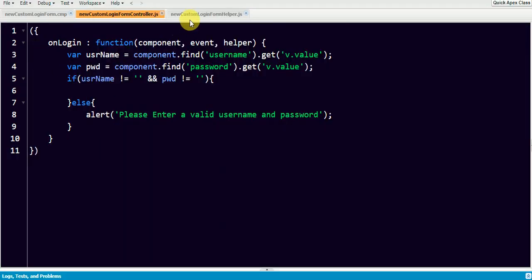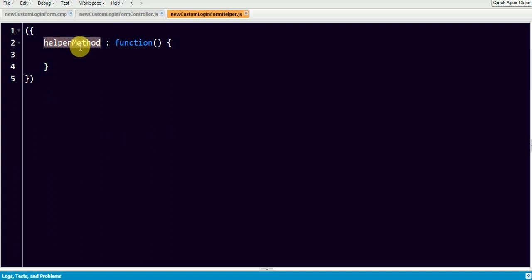Now I'm gonna create a new helper function here. I'll just name this helper function as loginHelper. So I'm gonna call this helper function from my controller here.